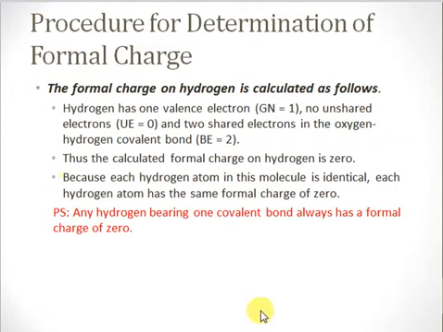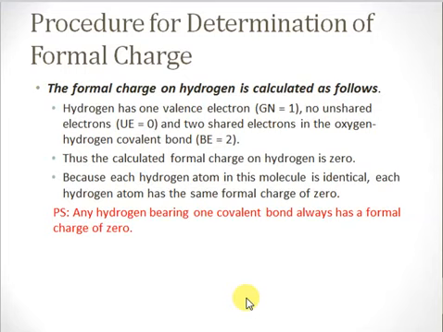So formal charge for hydrogen will be equal to 1, that's the group number, minus, since the number of unshared electrons or the number of lone pairs is 0, minus 0, minus, so there are 2 shared electrons, right? Since we have to take the half, that becomes 1, right? So 1 minus 0 minus 1, that equals 0. It means that the hydrogens have 0 formal charge. What does it mean? It means that in this molecule the hydrogens are neutral,